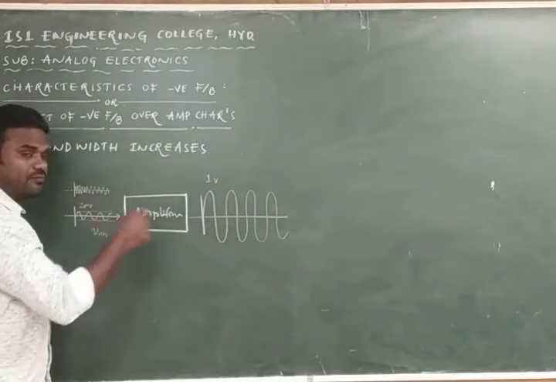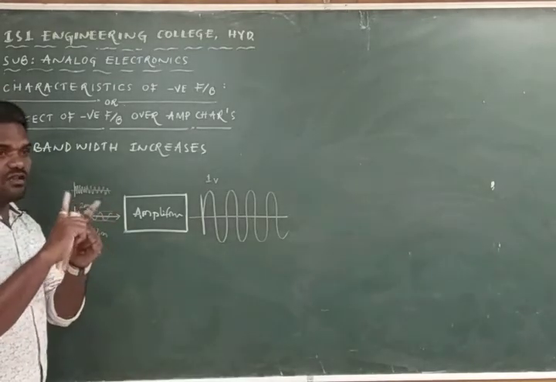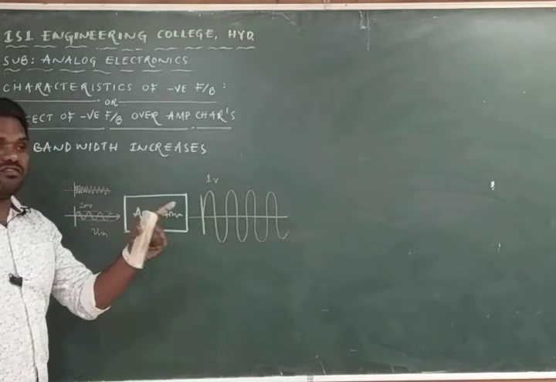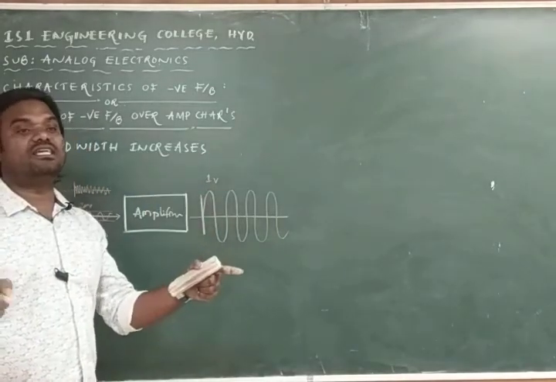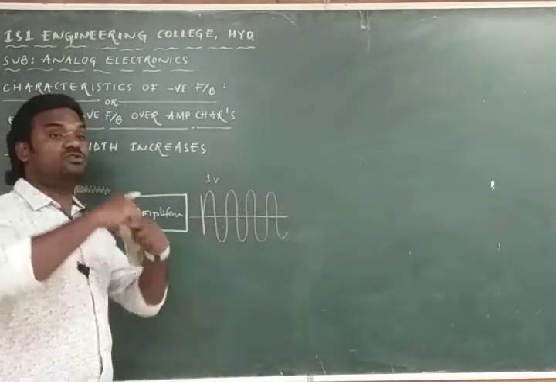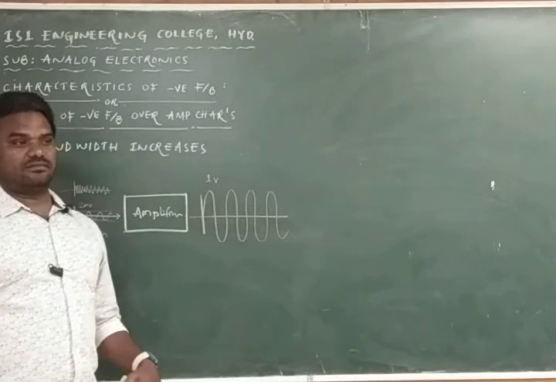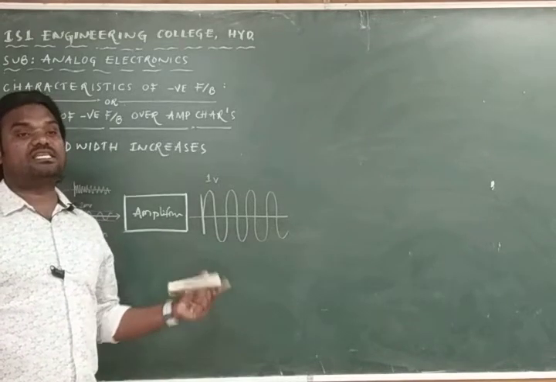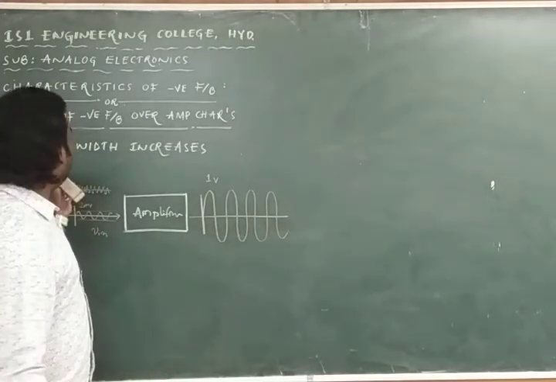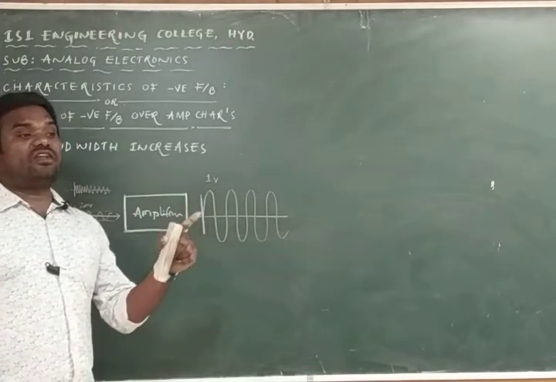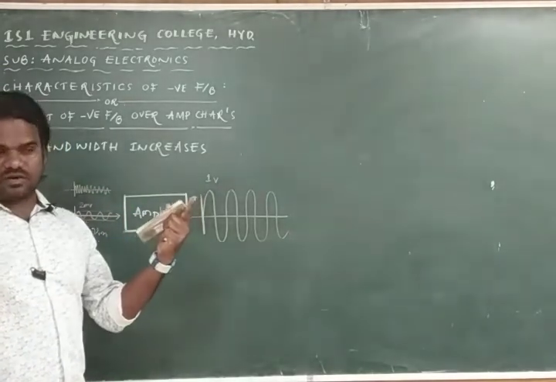And in this observation, what I am going to observe is that from one frequency to another frequency, in between the two frequencies, the gain, that output, is going to be maximum and constant. And for the remaining frequencies the gain will be small only. And now I am defining the point, that is bandwidth, the range of frequencies over which the gain is going to be constant. And then I will explain.